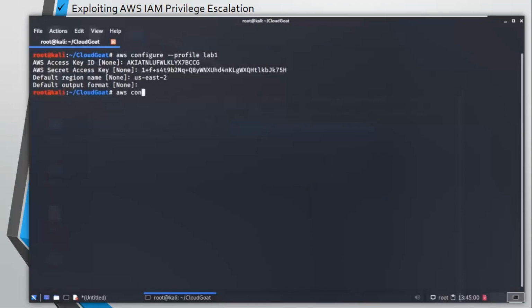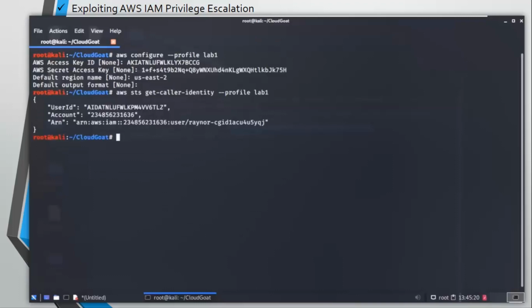Now let's check if this has been configured properly and this profile has been attached to the proper user, that is Raynor. We can do it with the get-caller-identity command, and you just need to follow this with me.